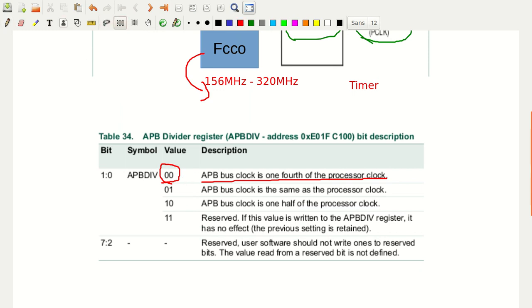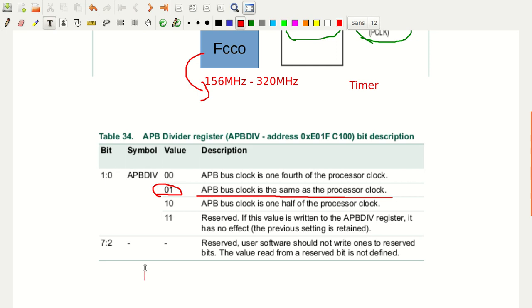For our case, since we are writing a program to configure the timer register, we require the APB bus clock to be the same as the processor clock. For that, what is the value that I have to put into the 0 to 1 bits of the APBDIV register? That is 01.